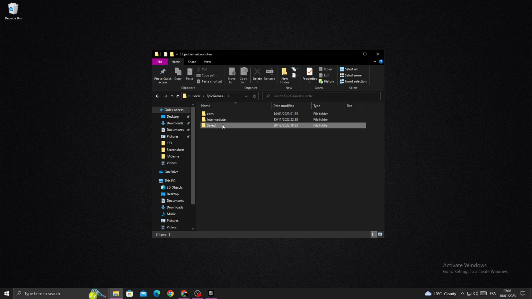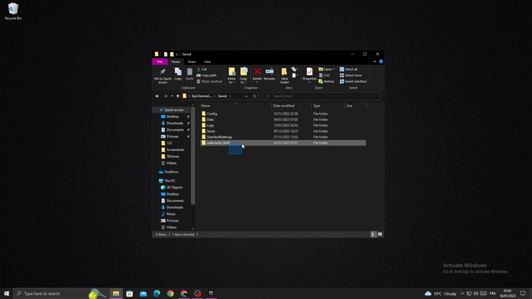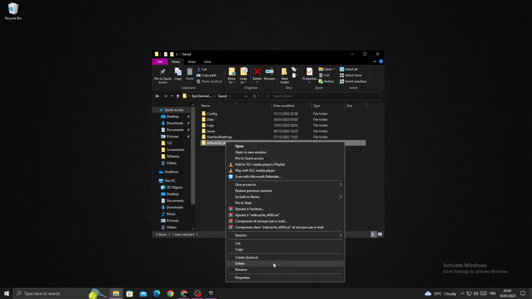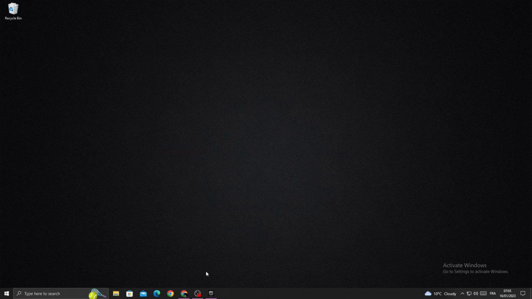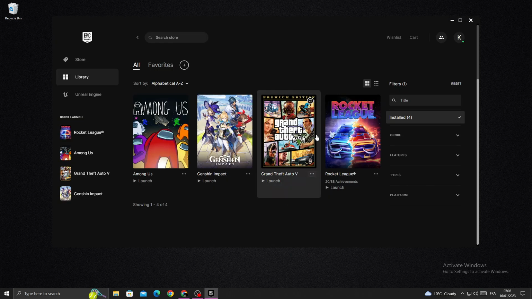Now click Save It, and here you'll find Web Cache. Right click on it, delete, and then just after deleting this file, just go back to your Epic Games, and